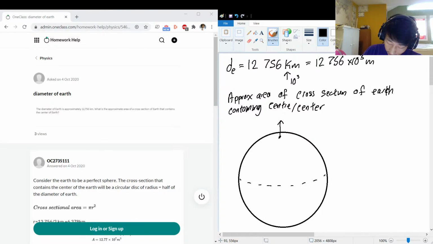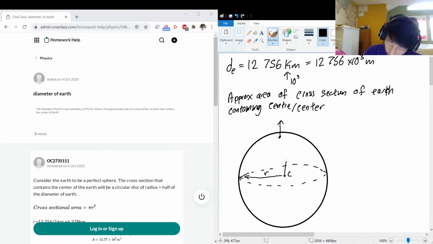So a cross section would really just be like if we were to chop out a circle that contains the center. The center, let's call that C. Starts with C, center. Makes sense to me. We're pretty much trying to find what the area of that little circle in the middle of the globe is going to contain. Now we know that since it is in the middle, the radius here,